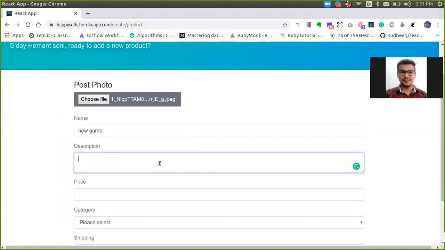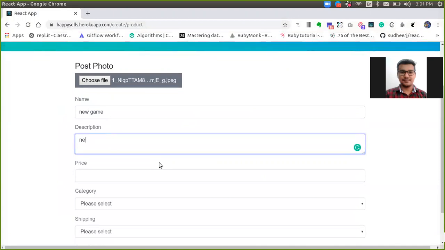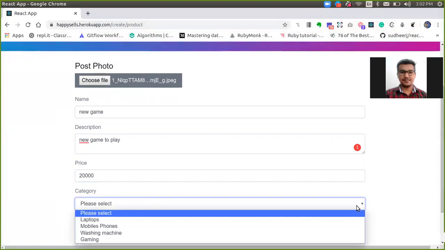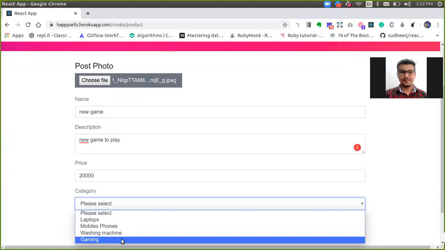For the description I'm giving something like play, and the price is like 20,000, and I will give the category also here. As you can see, all the categories, including the gaming category we created, come here.